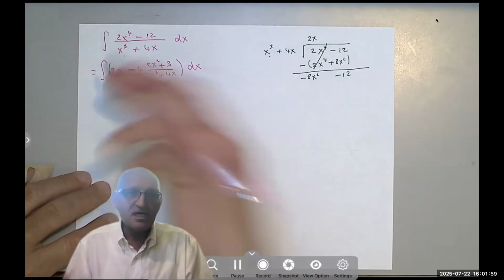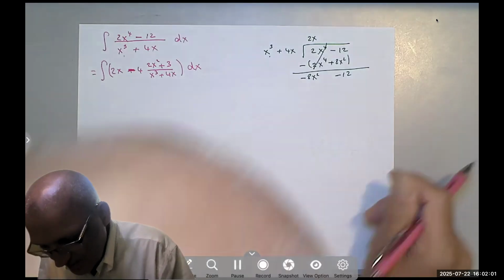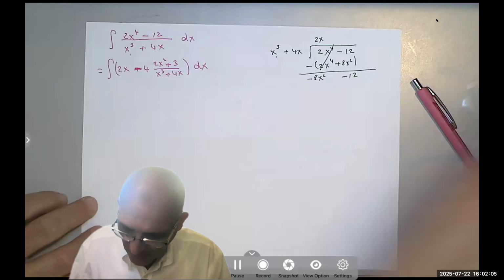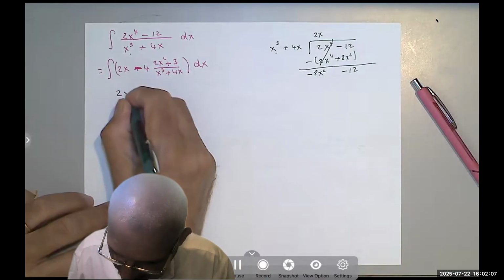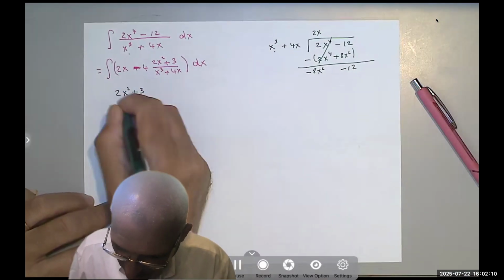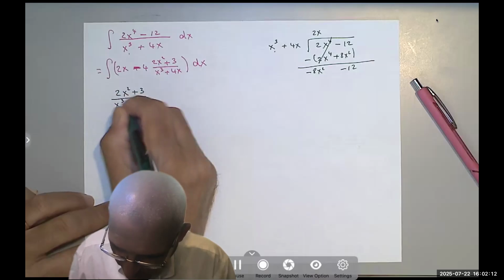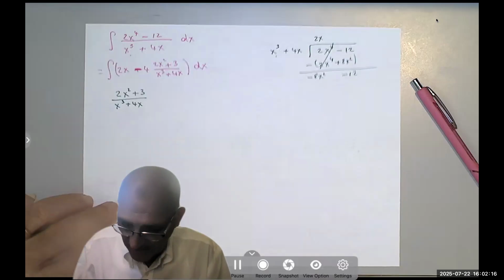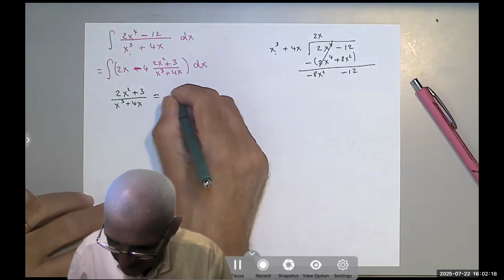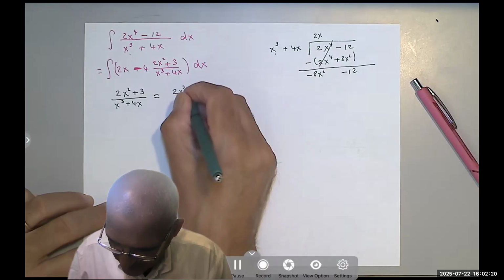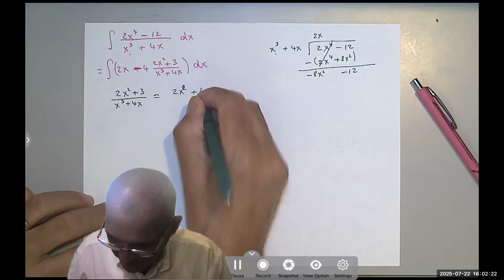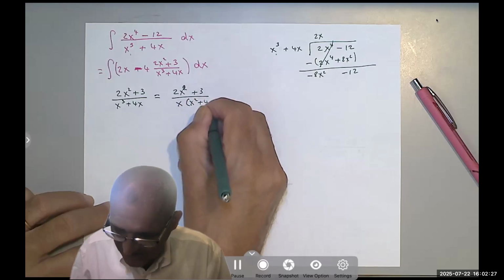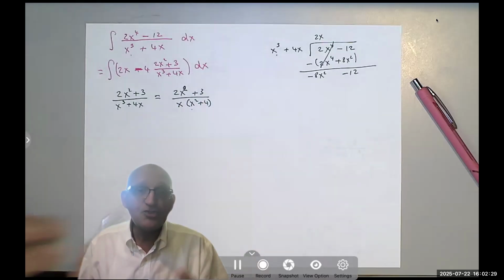This one is easy. I integrate it as x squared. So let's look, and the negative 4 is a constant. So let's see how we break down (2x squared plus 3) over (x cubed plus 4x). I can see that in the denominator, I can factor out an x. So (2x squared plus 3) over x times (x squared plus 4),